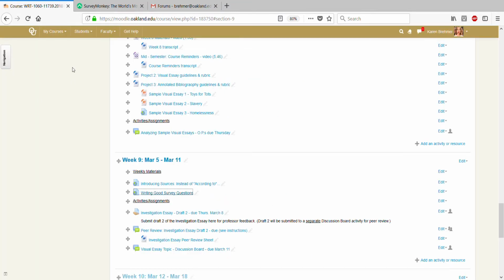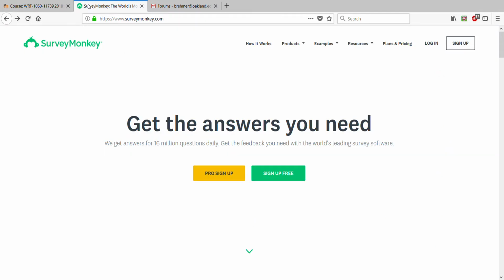Now, to create a survey, you can use either Google Forms or SurveyMonkey. SurveyMonkey is a free website and requires an account, but only allows 10 questions with the free account. So you might want more than 10 questions, and if you do, then SurveyMonkey won't really work for you. Everyone has access to Google Forms through their OU account, and I'll show you that in a minute, but both SurveyMonkey and Google Forms will offer you an online link to your survey, calculate the results, and create graphs and charts for you.